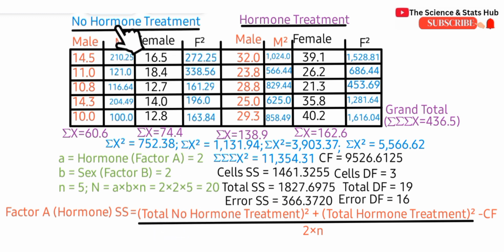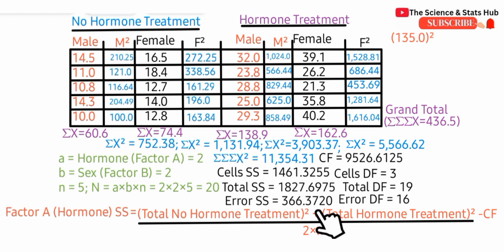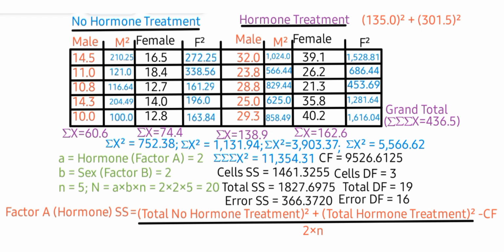For no hormone treatment, we have 60.6 plus 74.4, which gives 135.0, squared, plus the total for hormone treatment. For hormone treatment, we have 138.9 plus 162.6, which gives 301.5, and then square, divide by 2 times n, where our n value is 5, minus the correction factor value, 2